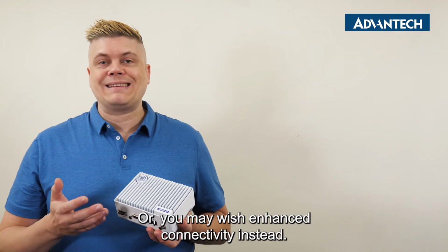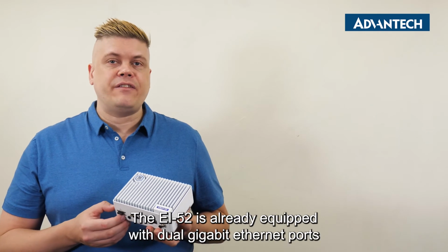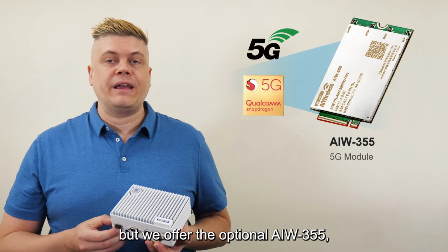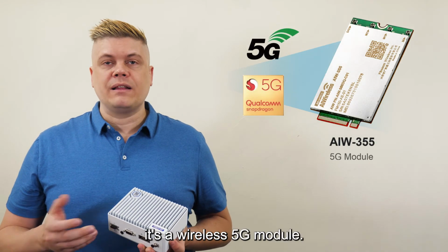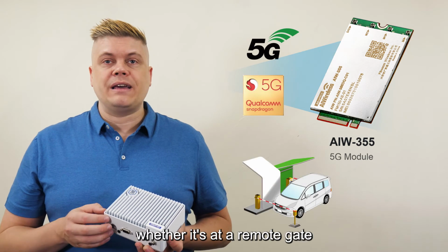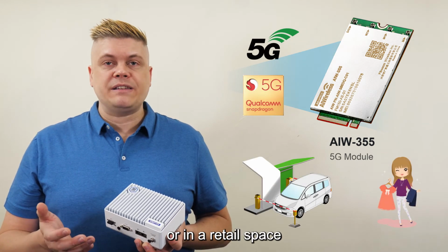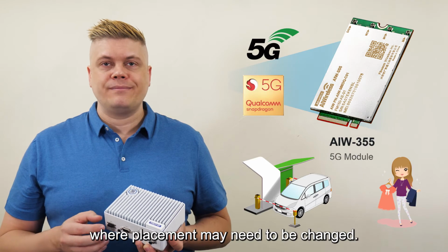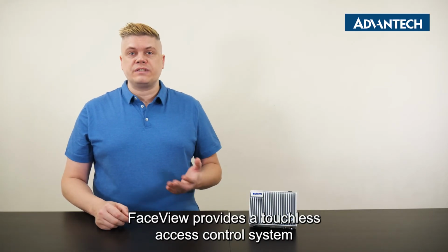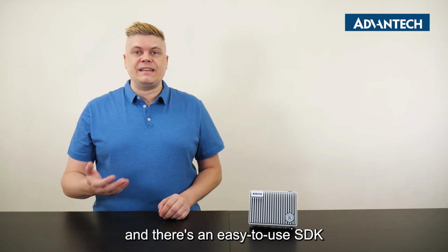Or you may wish enhanced connectivity instead. The EI-52 is already equipped with dual gigabit Ethernet ports, but we offer the optional AIW355. It's a wireless 5G module. This adds flexibility to installation, whether it's at a remote gate or in a retail space where placement may need to be changed. Deployed at an entrance, FaceView provides a touchless access control system, and there's an easy-to-use SDK, so